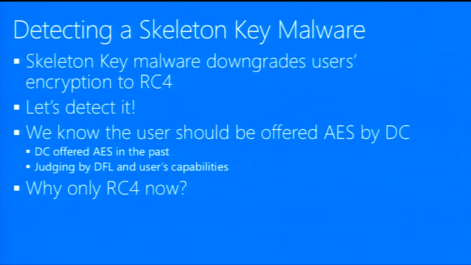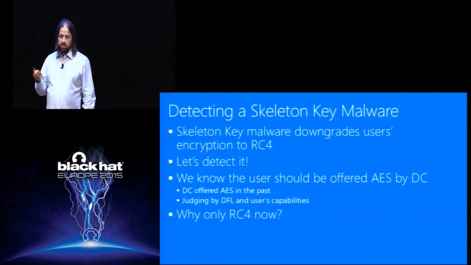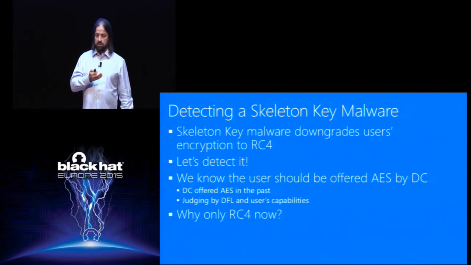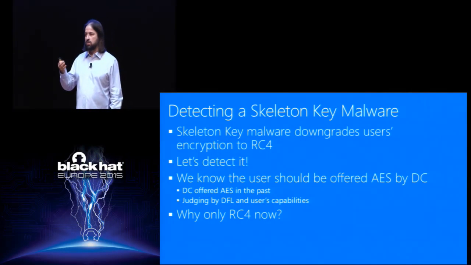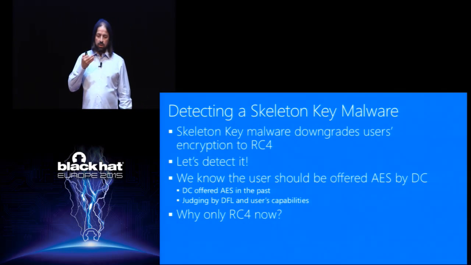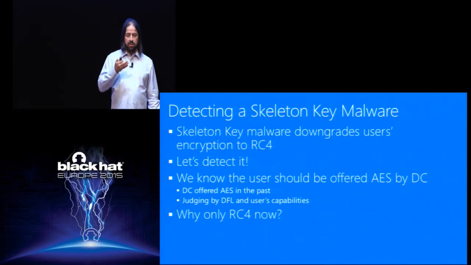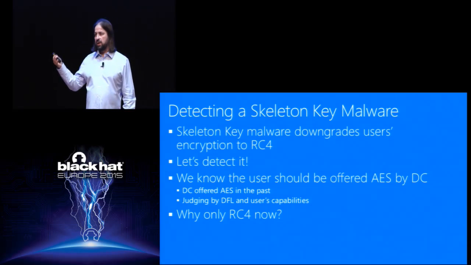So how can we detect it? We said that the essence of the skeleton key malware is to downgrade to RC4. So we can detect this behavior, because it also manifests itself over the network. We can know that the user should be offered AES by the DC. How? Because either we saw in the past and learned that the domain controller was offering AES to the user